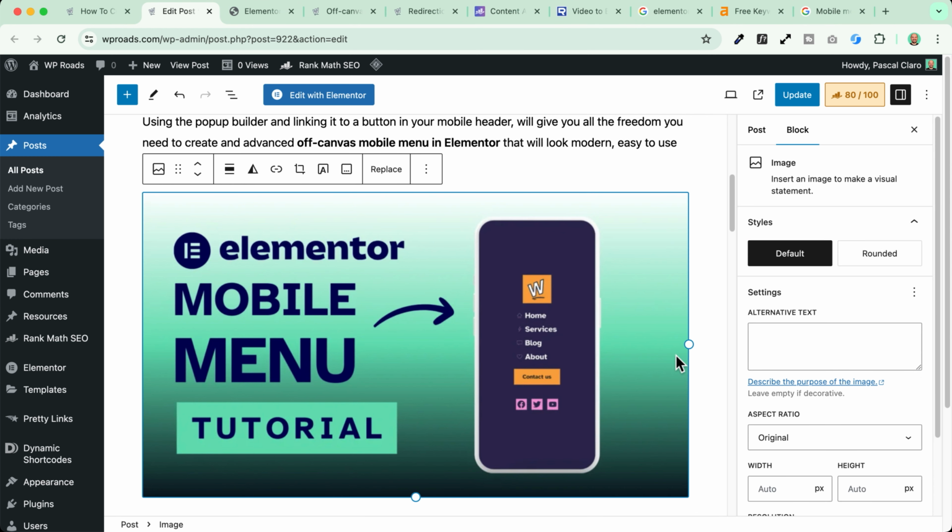I can select the image. In my case, I'm using the Gutenberg standard image block, and I can describe the purpose of this image. In my case, it's just an example to showcase the kind of menu that we will create together during the tutorial. So I will just write down here the first keywords that are Elementor